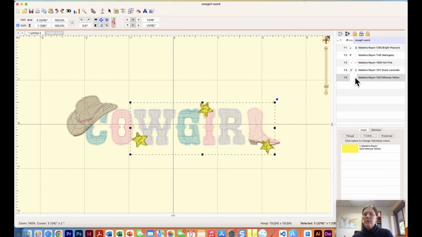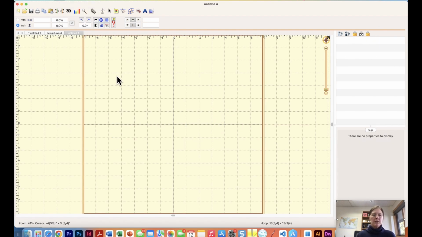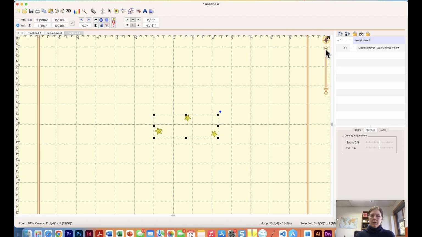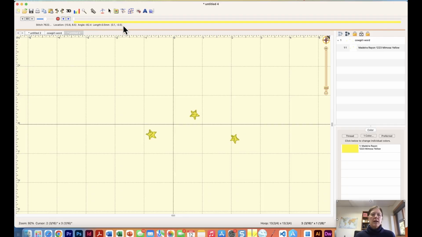The stars are all one color, so I'm going to copy them, Command C, and then I am going to paste them into a new page. But let's say I don't want them in that arrangement. What I can do is, hopefully the way these were digitized is going from completing one, then going to the next. Because if they are, then I can introduce a color stop, pull the ones I want off, and keep one. So let's just look at the stitch simulator,